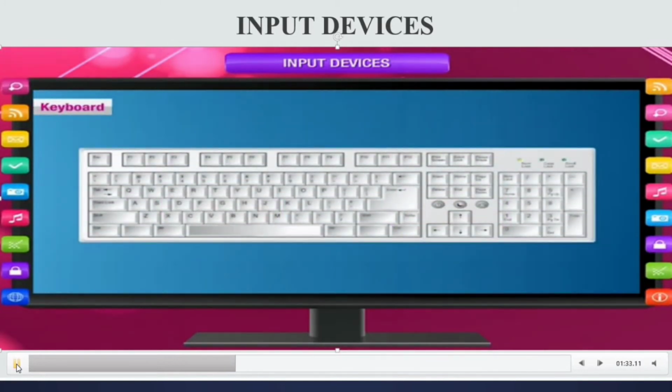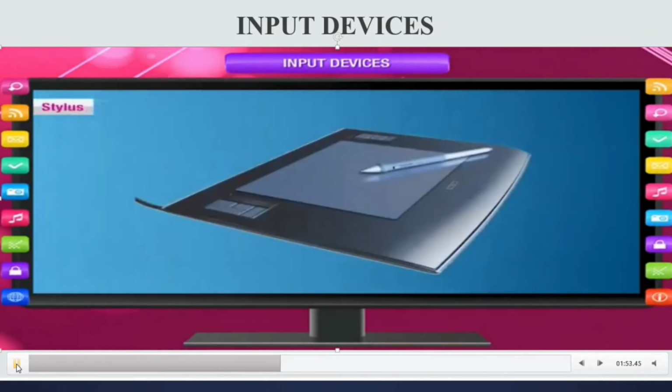Now see the keyboard. It is another input device. It looks like a typewriter, and it takes input in the form of letters, numbers, symbols, right? It is called the QWERTY keyboard. See, I am highlighting the keyboard. So now the next one,